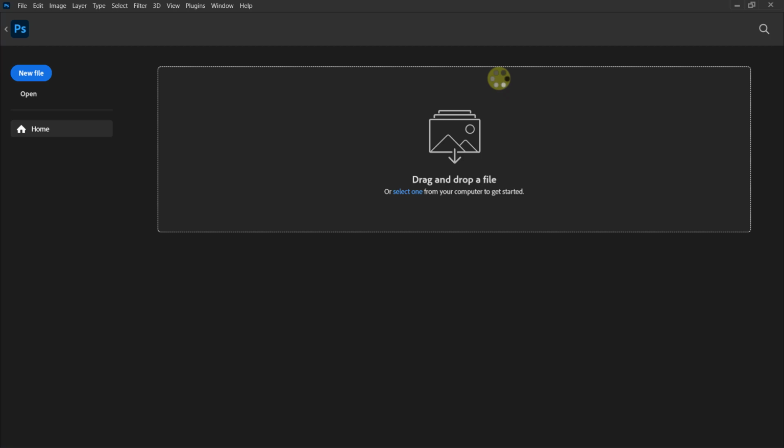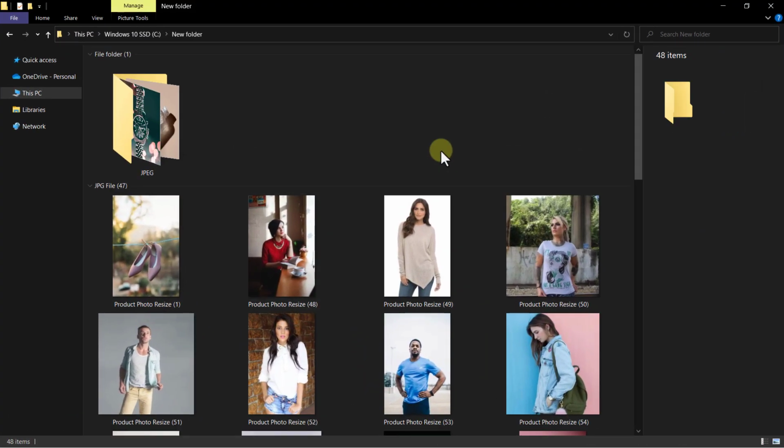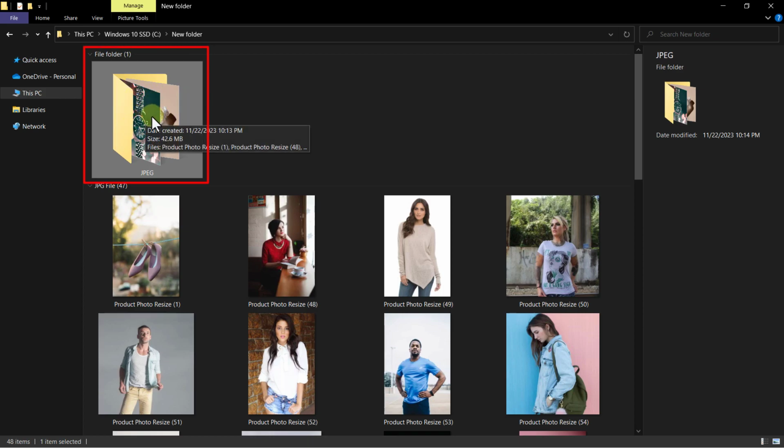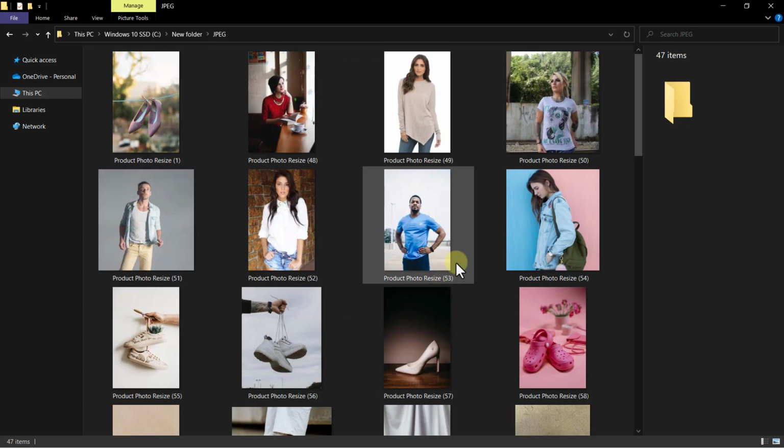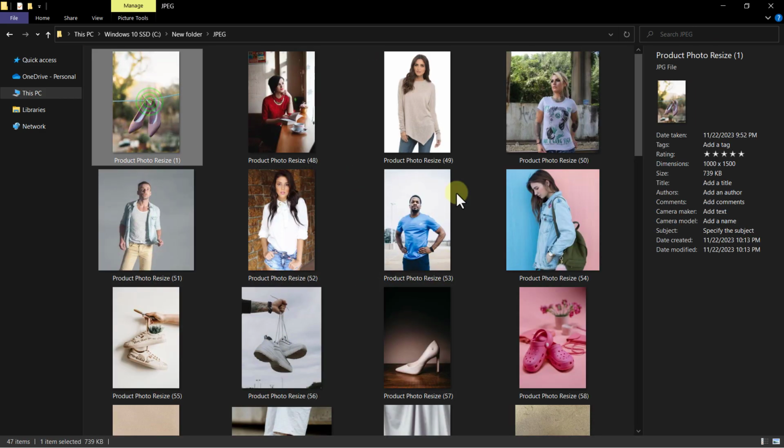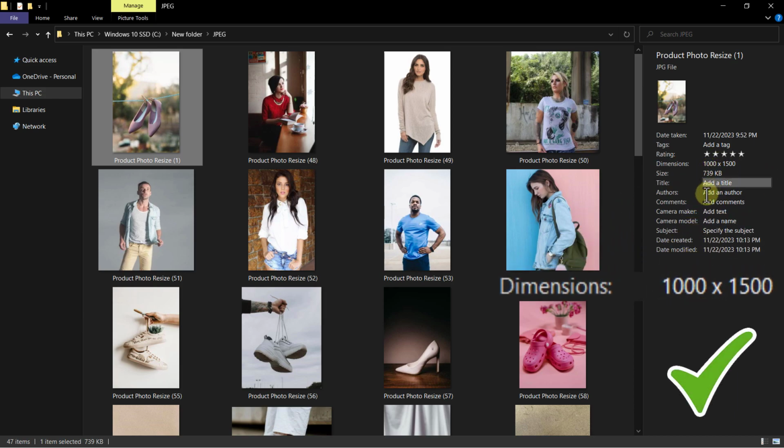Go to your Photos folder. The photos are all resized. Let's check. You can see a folder named JPG has been created. Open the folder. You can see that the height of all photos is